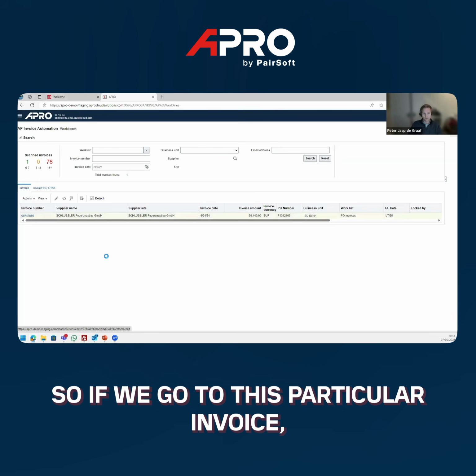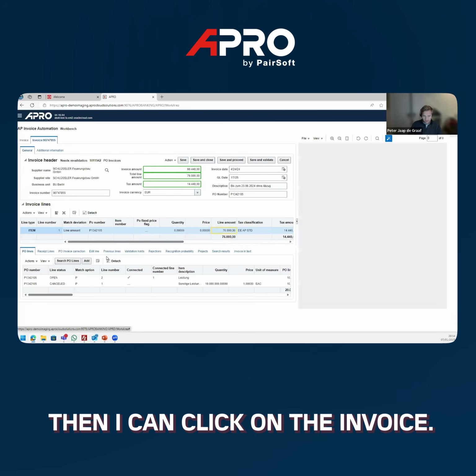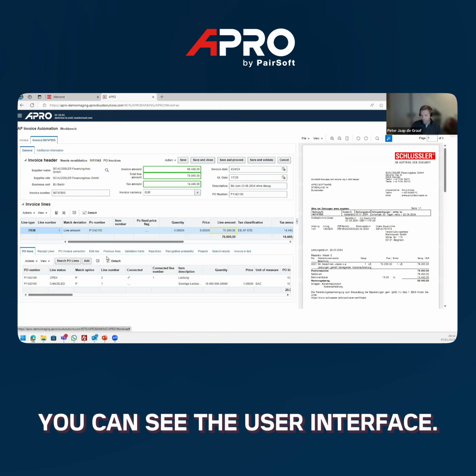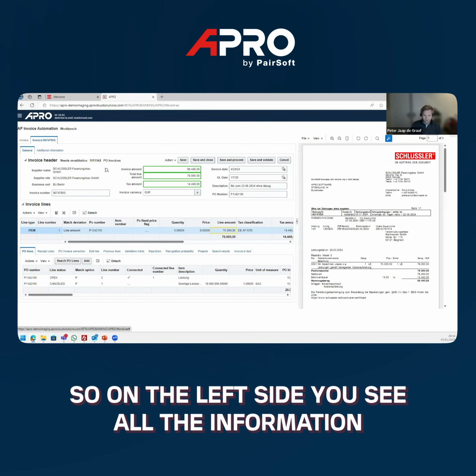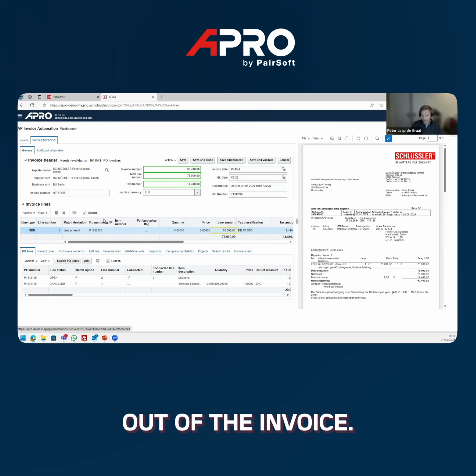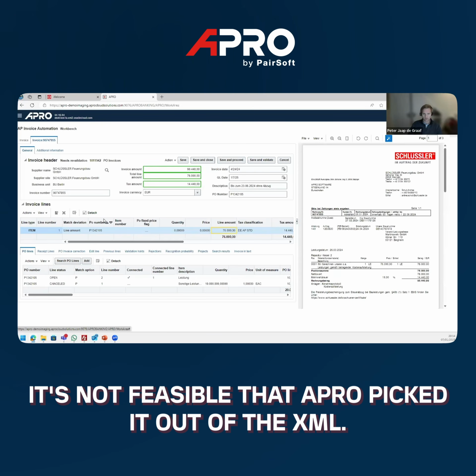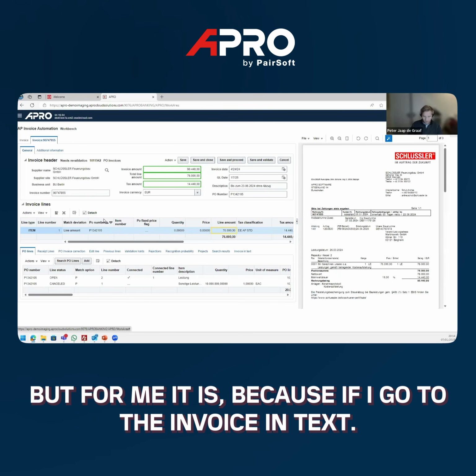So if we go to this particular invoice, then I can click on the invoice. You can see the user interface. On the left side, you see all the information out of the invoice, out of the XML. It's not visible that APRO picked it out of the XML, but for me it is, because if I go